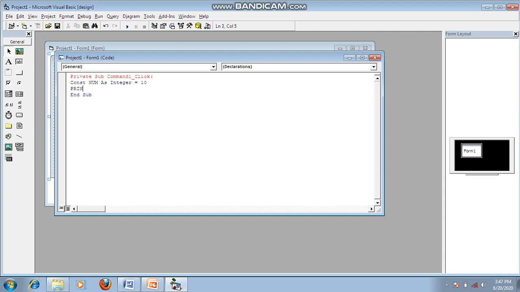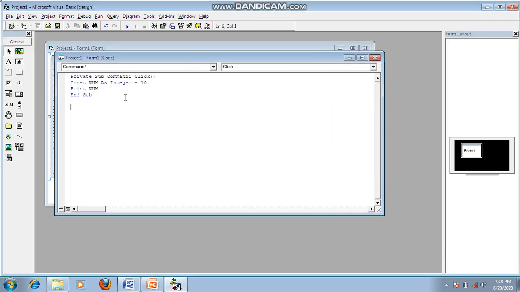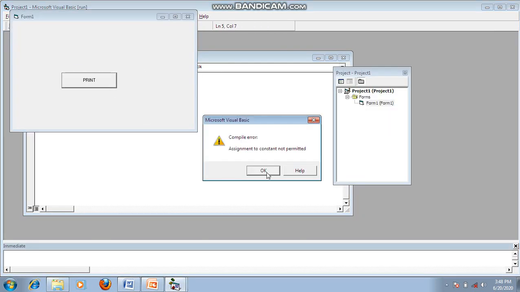Print num. Okay, this is a constant. Here I am trying to assign one more value to the constant, num is equals to 11. Just see the error. It says assignment to constant not permitted.